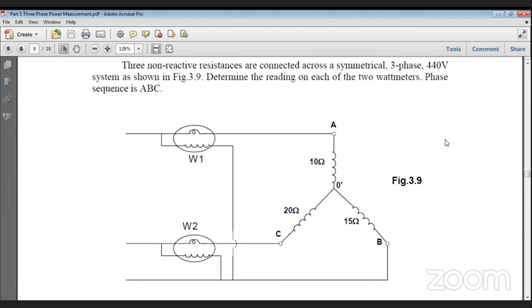Because your impedance, that is R and XL. Now R is constant. R doesn't vary with frequency, but your XL varies with frequency. So when the motor starts, the frequency is different, and when the motor reaches its full speed, the frequency is different. So we can show that in the initial condition, the impedance will be such that the current will be high, and when it reaches full speed, it is such that its current will be low.